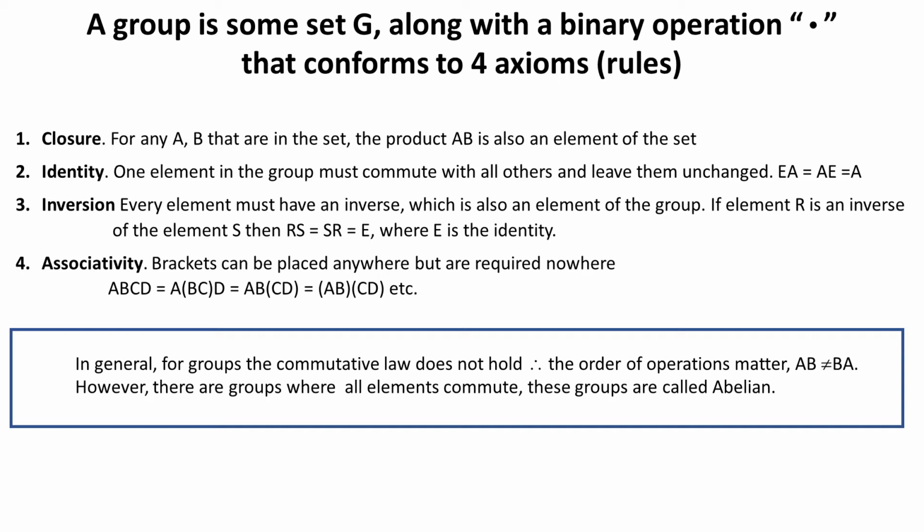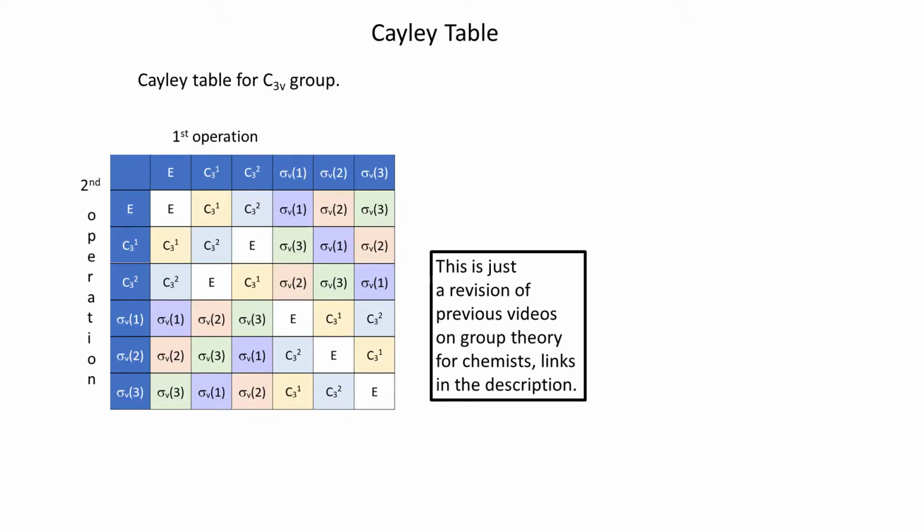If this brief summary is not enough, please watch my video on the definition of group, where I provide some specific examples. Next, let's revise the Cayley table. So a Cayley table is like a multiplication table where each entry is a product of two elements. This particular table is for the C3v group. The elements of the group are symmetry operations, and the binary operation is just performing one symmetry operation after the other. You can fill in the table by just performing the symmetry operations on some molecule which has C3v symmetry,